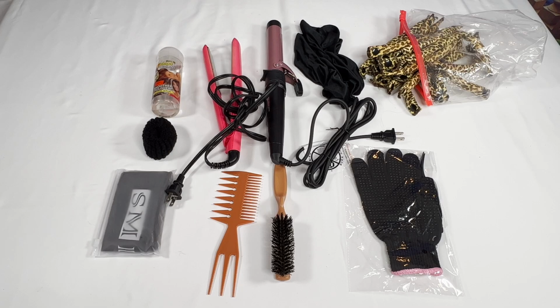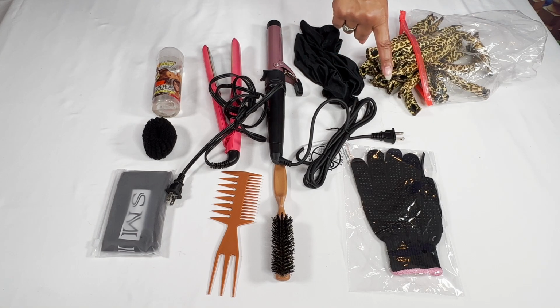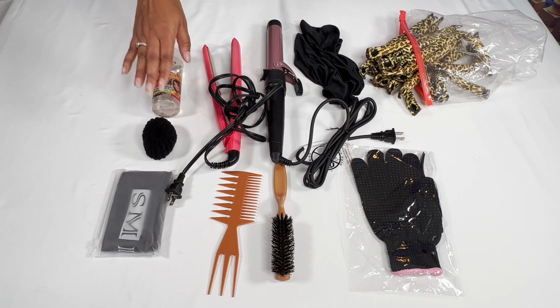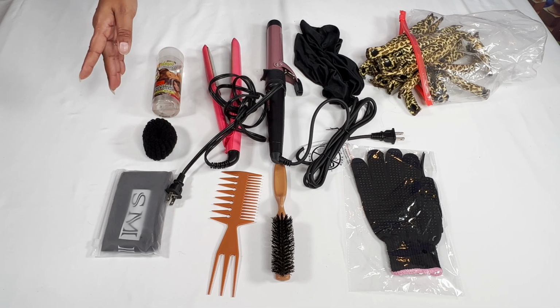For hair, I'm bringing my curling iron. I am bringing my flat iron. I am bringing my hair polisher. I always use it when I flat iron my hair. For some odd reason, it makes the curls or the straightness come out better. I'm bringing my curling rods. I am bringing my heating glove for when I curl my hair or flat iron it so I don't burn my fingers. I am bringing, of course, a comb and a brush. Something to pull my hair up when I'm ready for it to be in a ponytail. And my edges wrap. Up next,